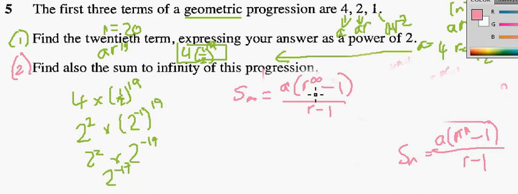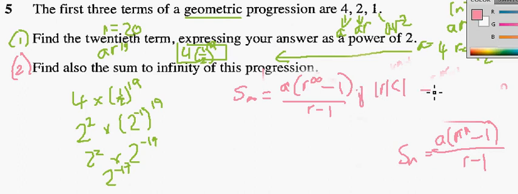If the modulus of r is less than 1, then as you keep multiplying r by itself, it's going to get smaller and smaller. If r is, for example, half, then half of half is a quarter, half of that's an eighth, half of that's a 16th, a 32nd, a 64th, and so on. You're getting smaller and smaller. And so if you keep doing that an infinite number of times, eventually you're going to get 0. The same is true for a negative number, although it will flip between negative and positive, but eventually it will tend to 0. So assuming that the modulus of r is less than 1,